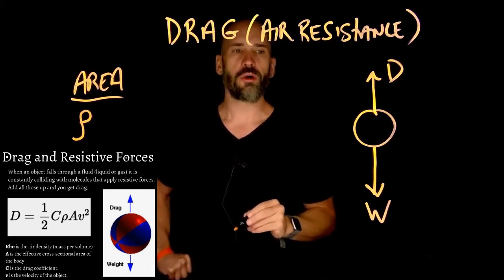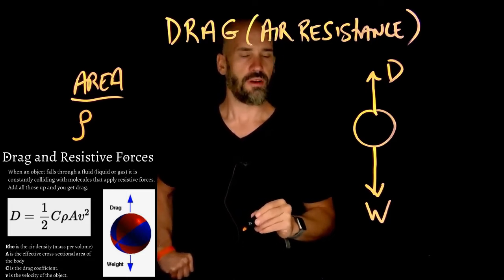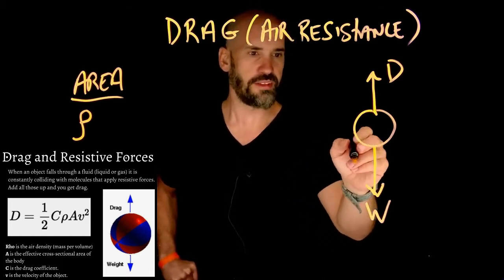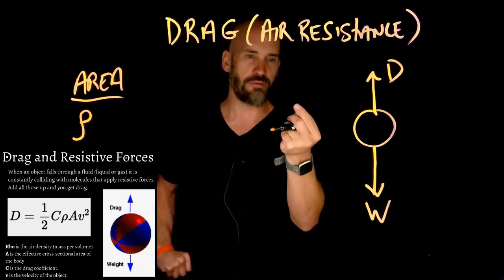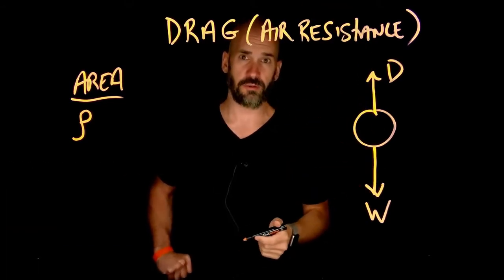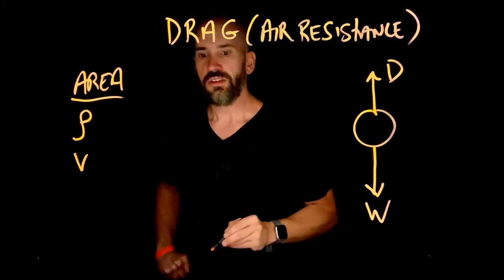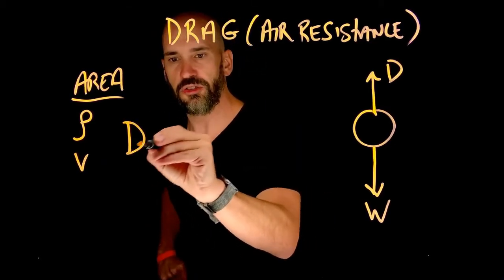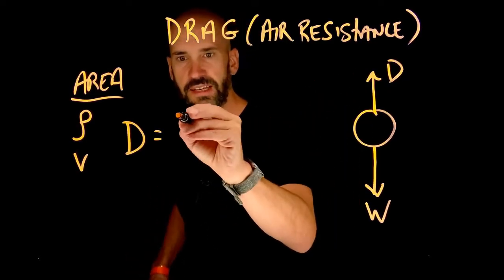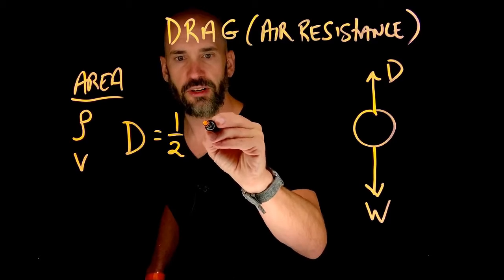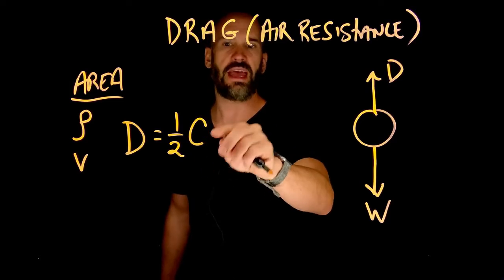What if you're going very slow versus very fast? So for example, let's suppose that this thing is just beginning to accelerate. That will probably have less of a resistive force than if it's going really, really fast. So that implies that velocity also matters. So if you put this together, we can say that there's a drag force that looks something like this. This force drag, the resistance that this guy feels, is equal to 1/2 times something called the coefficient of drag, or the drag coefficient. This is experimentally determined, and basically,